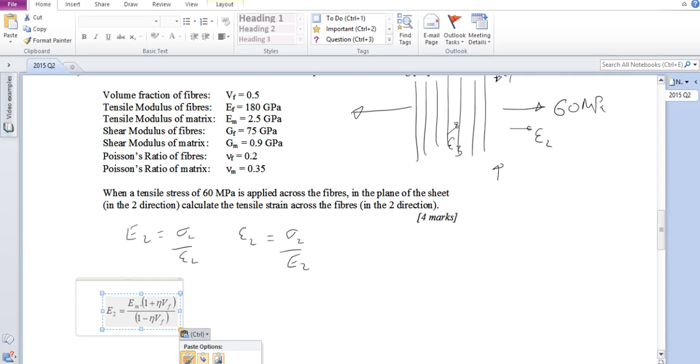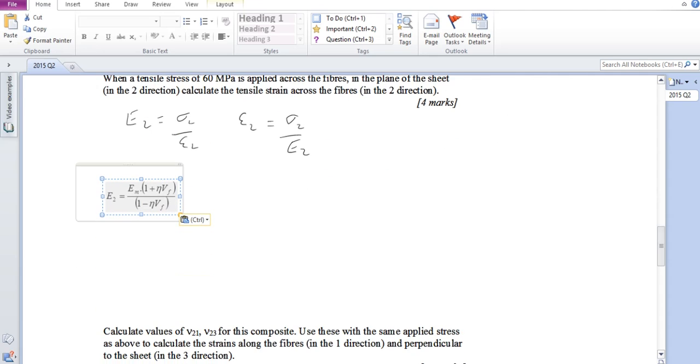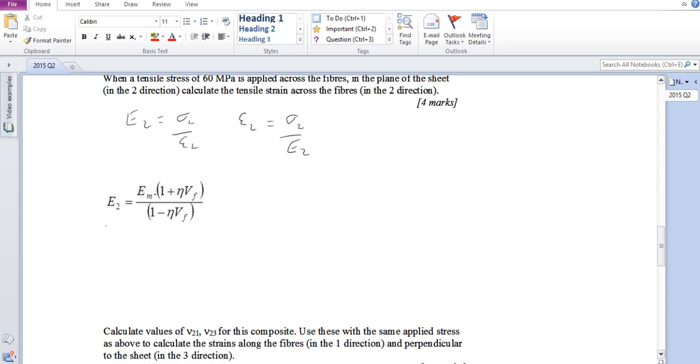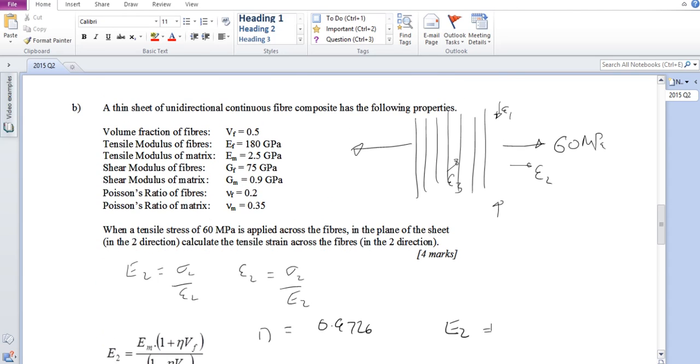the value of eta, hang on, I need to get that a little bit bigger. There we go. So the value of eta that we have here, work that out. I won't put it in, but it comes out to be equal to 0.9726. So that then means that E2 is given by the matrix stiffness,